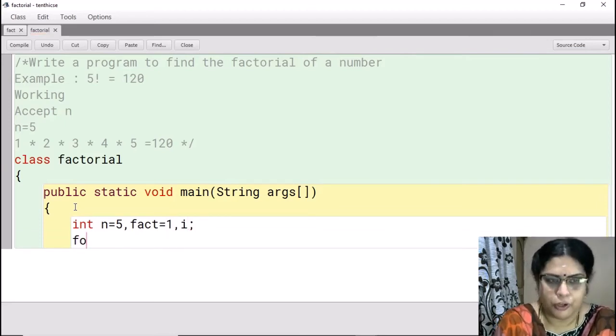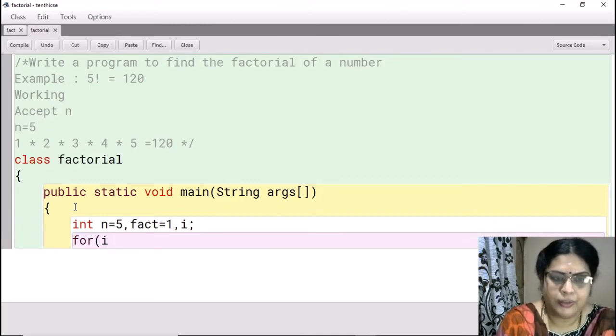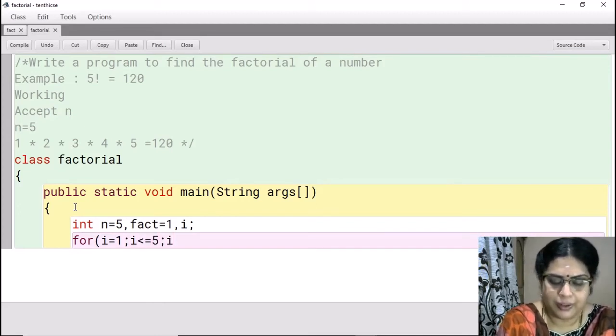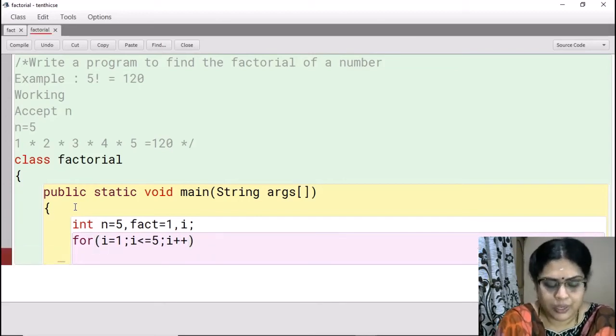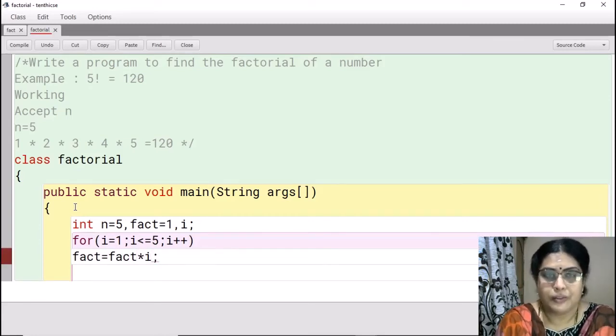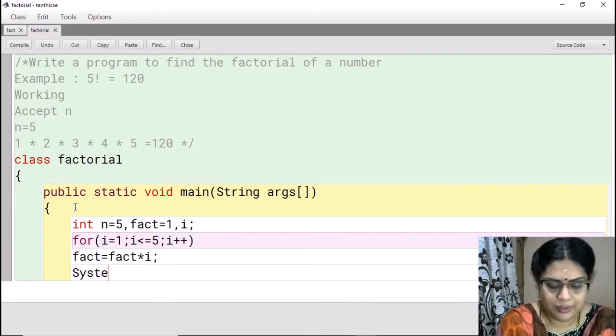Now in the for loop, the product has to start from 1 to that number. So I write i equal to 1, i less than equal to 5, and then I put i plus plus. I'm updating i. And now I have to find the factorial. I said fact is equal to fact into i. This much is the code. Now we have to print the factorial. So I will say system dot out dot print